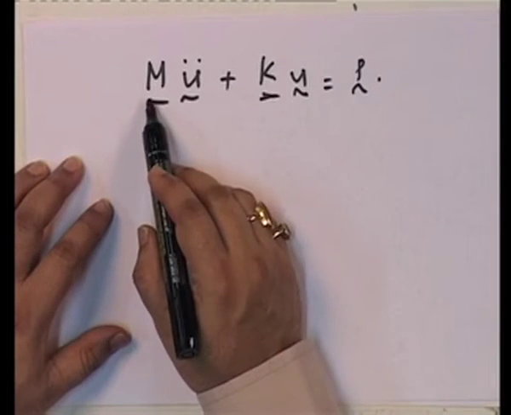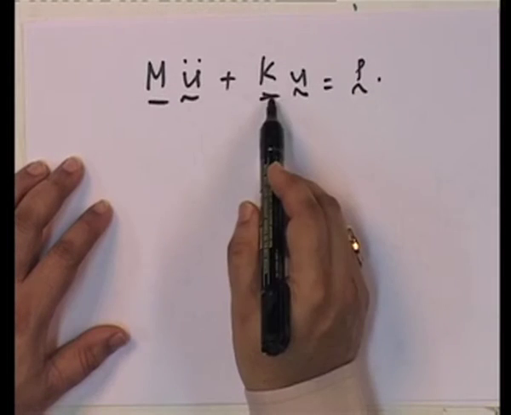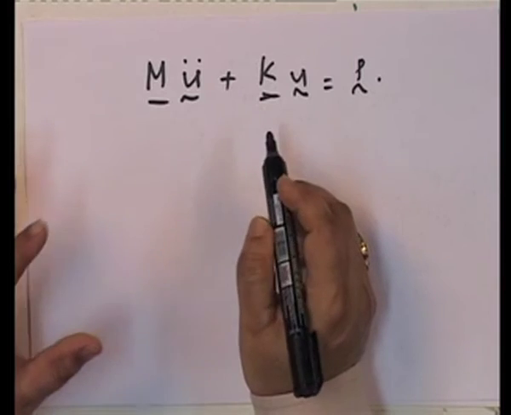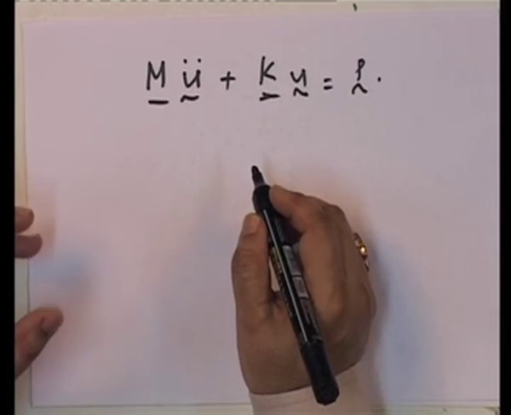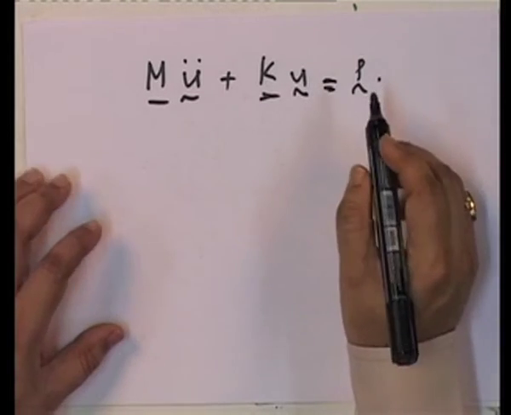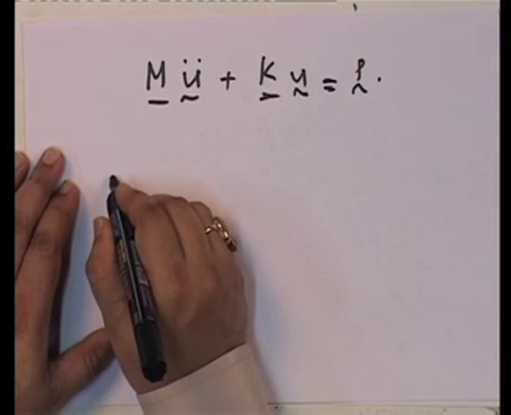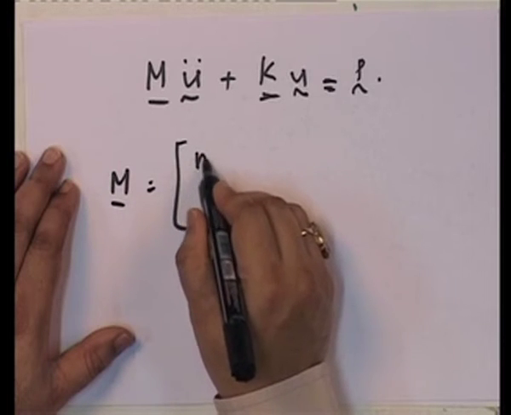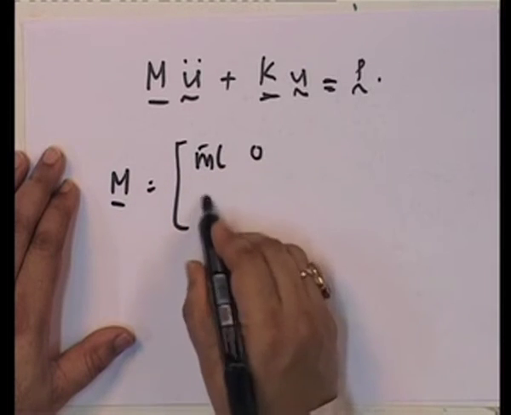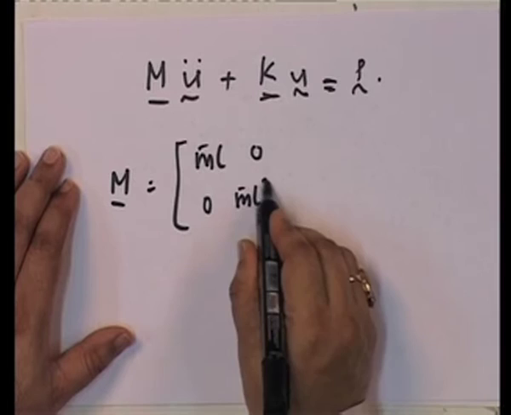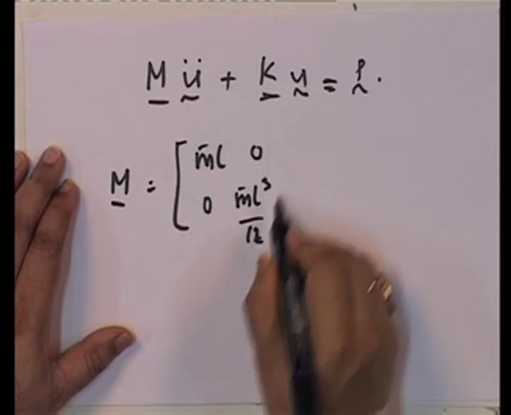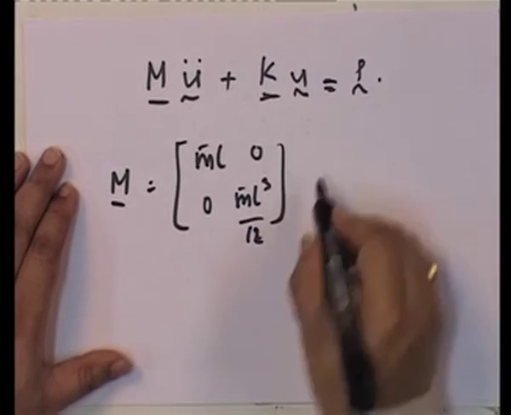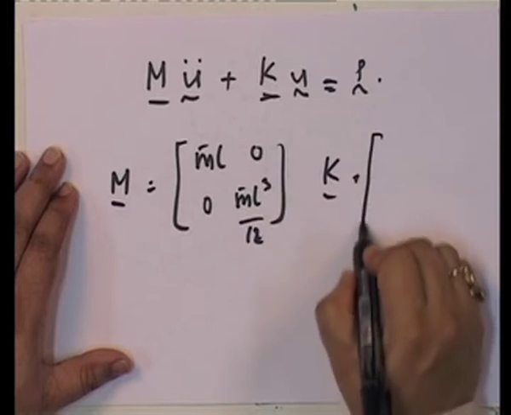Okay, if m or k or both are not diagonal matrices, then automatically the system becomes coupled, and in this particular case m is equal to m bar L, 0, 0, m bar L by 12,